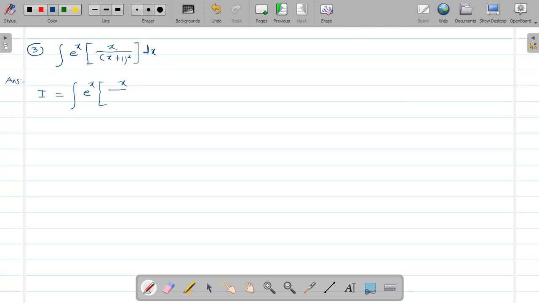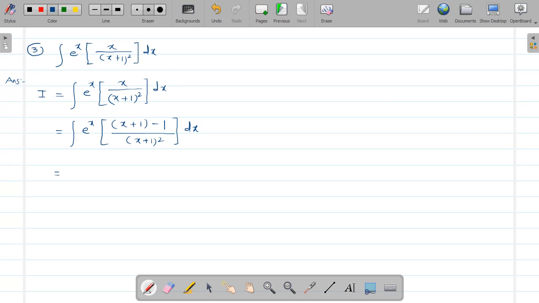Okay. Now see the third example, that is integration I is equal to e raised to x into bracket x upon x plus 1 bracket square. Now we are going to use the rule, that is e raised to x into bracket f of x plus f dash x, but here we need some adjustment in this square bracket. So if you solve this, then this numerator we can express it as x plus 1 minus 1 upon x plus 1 bracket square. So we need the adjustment like this.